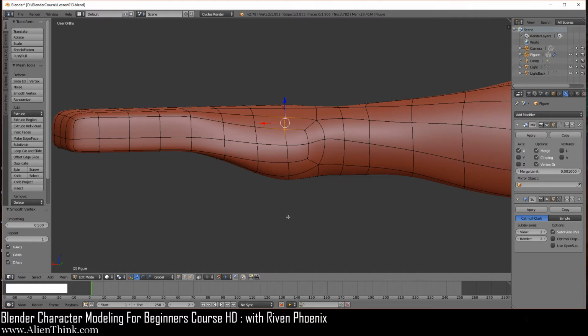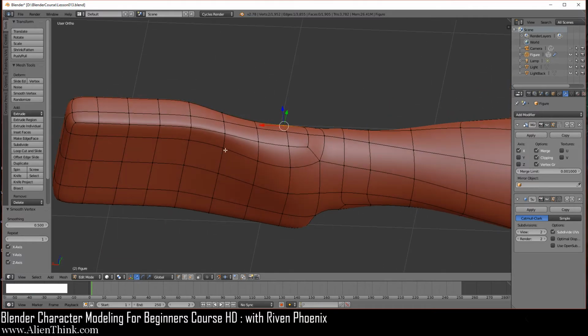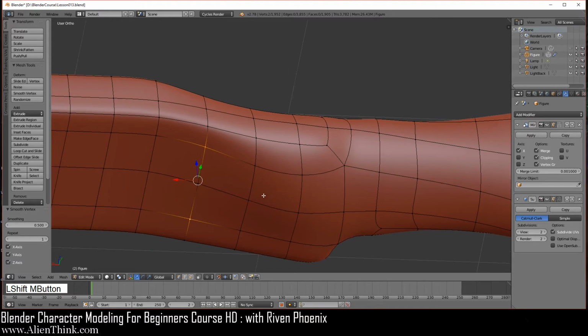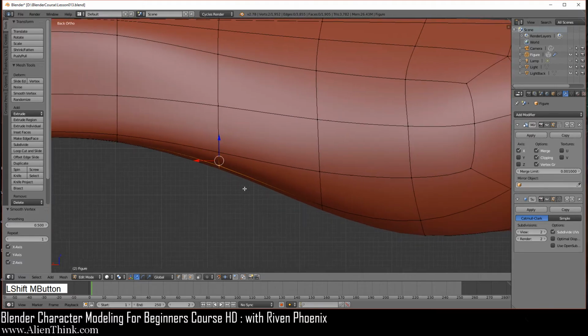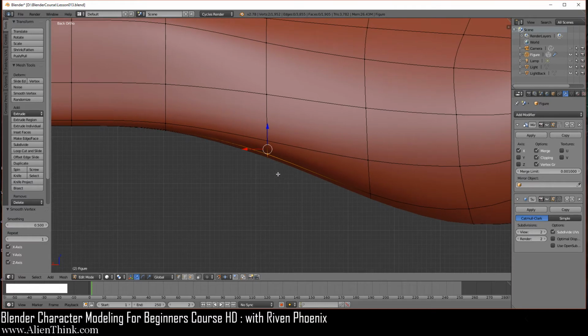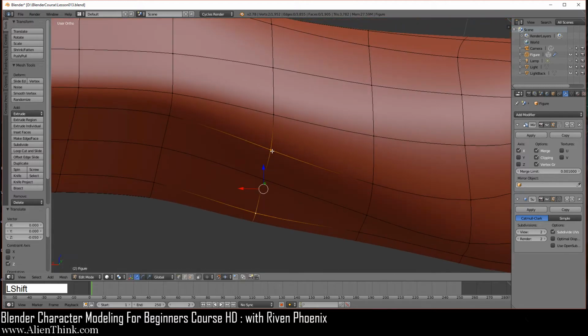Okay. Next, do middle mouse button, and you're going to get this vertex right over here, right? These are the fingers. We're not touching the fingers. We're only interested in the palm. We're going to click on this vertex over here. Okay, just like this. Now do Control 1, and you're going to zoom in to get the smaller grid unit. Shift middle mouse button to pan over here. We're going to bring this down 5 nudges, 1, 2, 3, 4, and then 5. Now do middle mouse button, shift, and just deselect this.